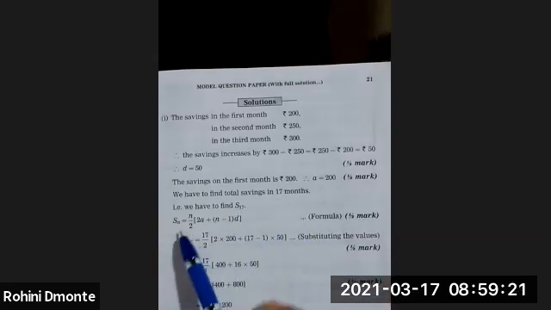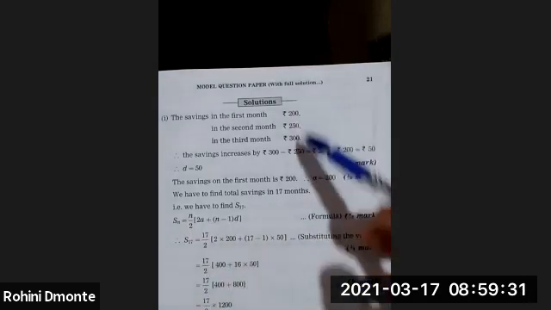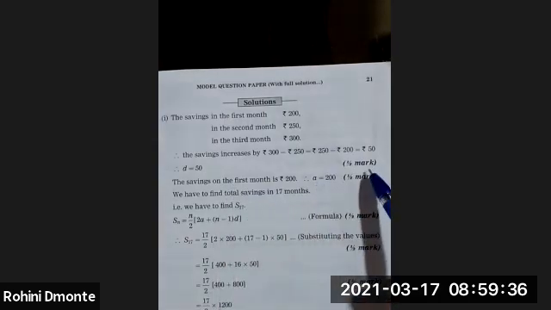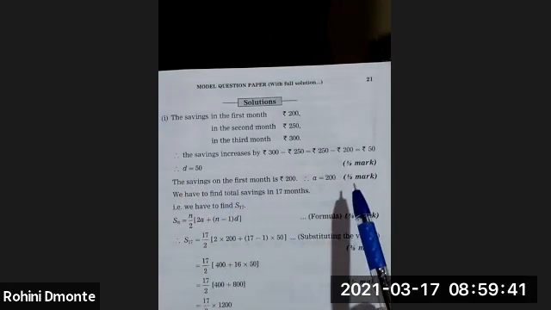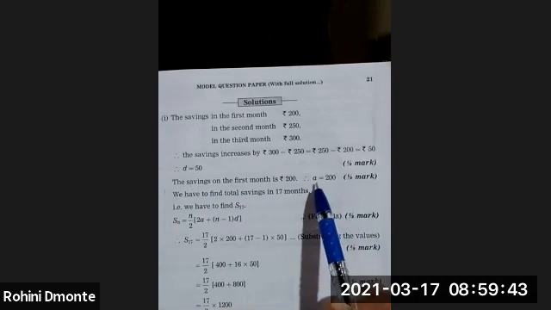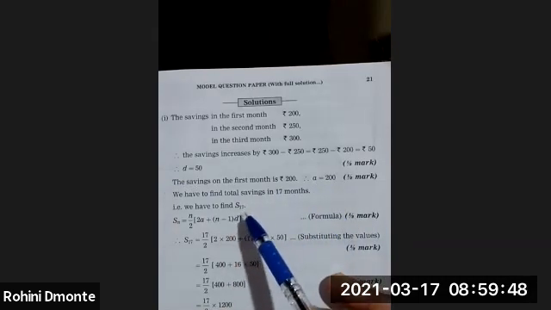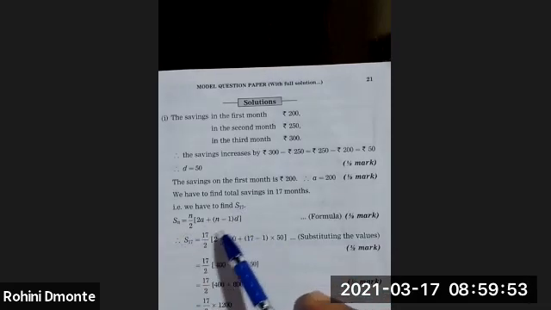Now just first of all write the formula. Sn is equal to n upon 2 into 2a plus n minus 1 into d. See, this formula also carries half marks. When you write this is an arithmetic progression, then you will write the first term a. This will carry half marks for d, for a. First of all you have to mention this is an arithmetic progression, then you have to mention a. Okay, now you have to start with finding S17. Before that, you have to write this formula of Sn. Now just substitute the values of n, a, d. Okay, you will get the values.